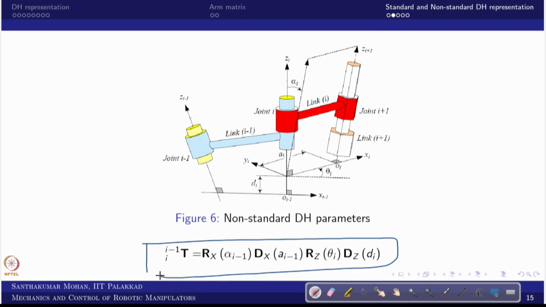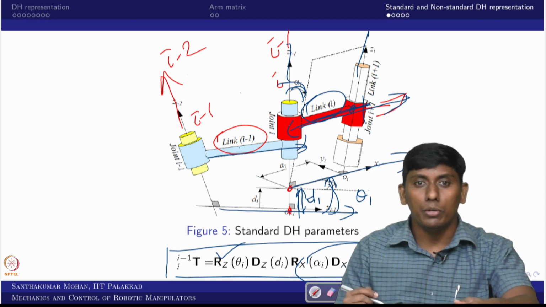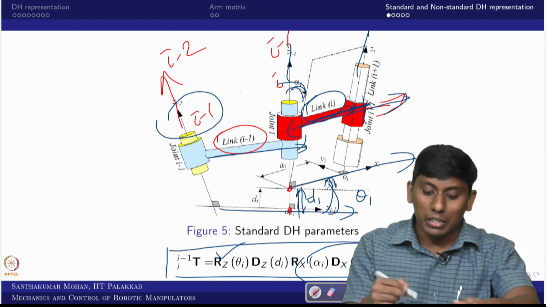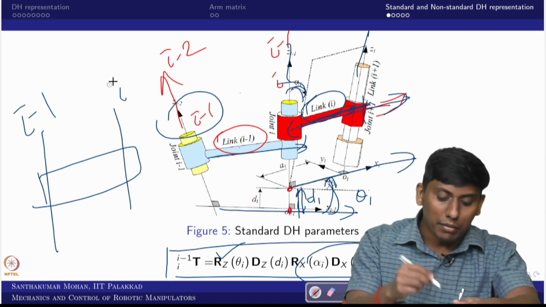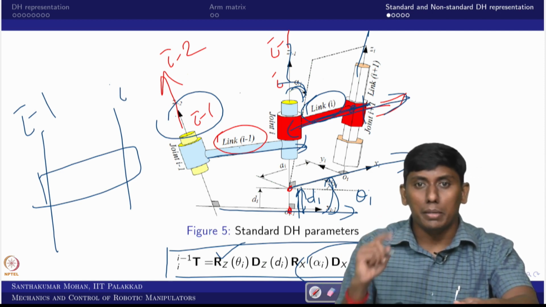But this is very beneficial when you think about understanding. In the previous one, although you call it link i minus 1, the axis you denote is one before. So this is always confusing. When you think about an actuator, you want to control actuator 1, but in that convention you have to control actuator 0, because you are using the axis one down. In our convention, link i minus 1 has two joints, i minus 1 and i, but in the standard form it would be i minus 2 and i minus 1. That is the basic difference.